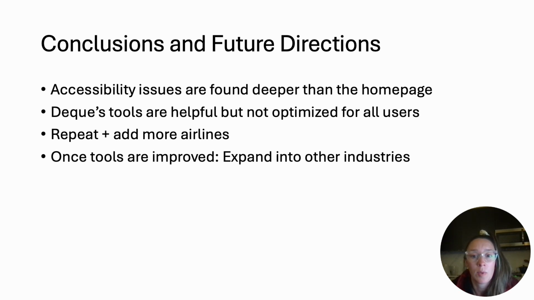Scaling this kind of accessibility impact analysis across other industries is important because digital access isn't just about convenience. It's about inclusion. People with disabilities engage with a huge range of online services just like everybody else. Banking, healthcare, education, job applications, government services, you name it. If we only analyze accessibility in isolated sectors, we miss the bigger picture. That's why this proof of concept experiment was so important. I have now paved the way for future studies.